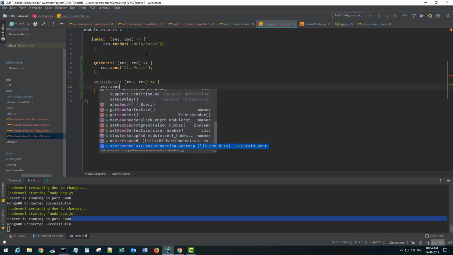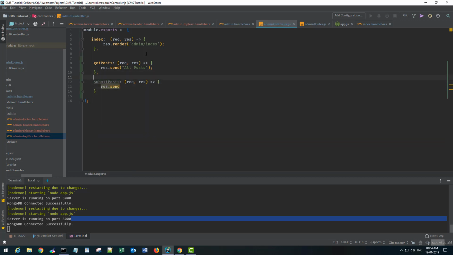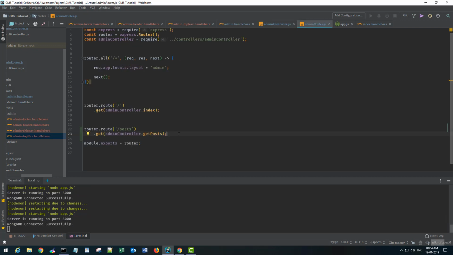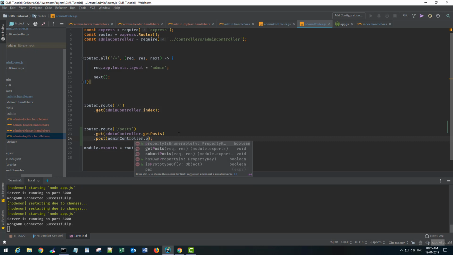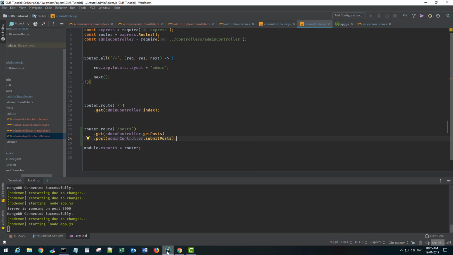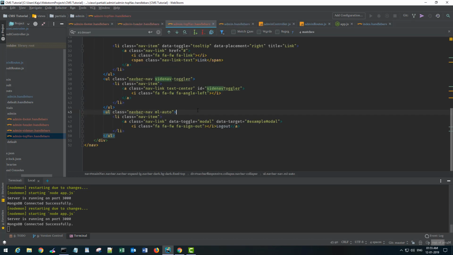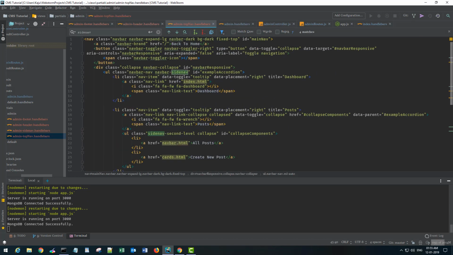So res.send, I missed a comma here. This is an object, so I have to have commas. Post submitted. Okay, and go back here, create a post route, adminController.submitPosts. Perfect. So now if you go back to the index file or the navigation rather, where you have